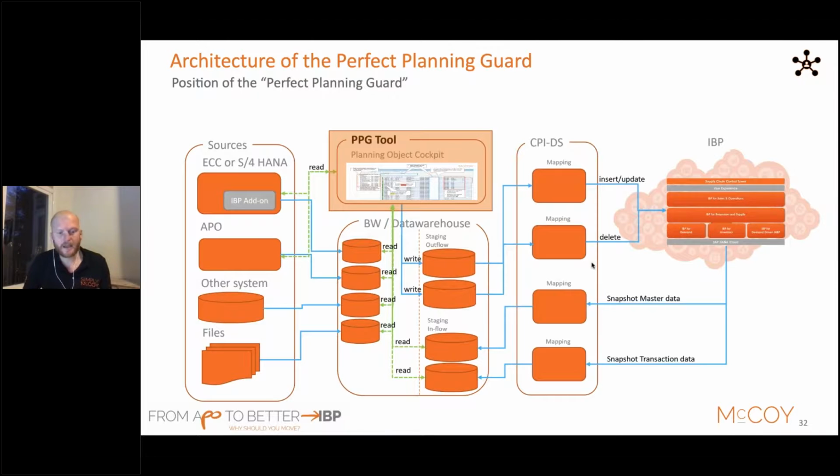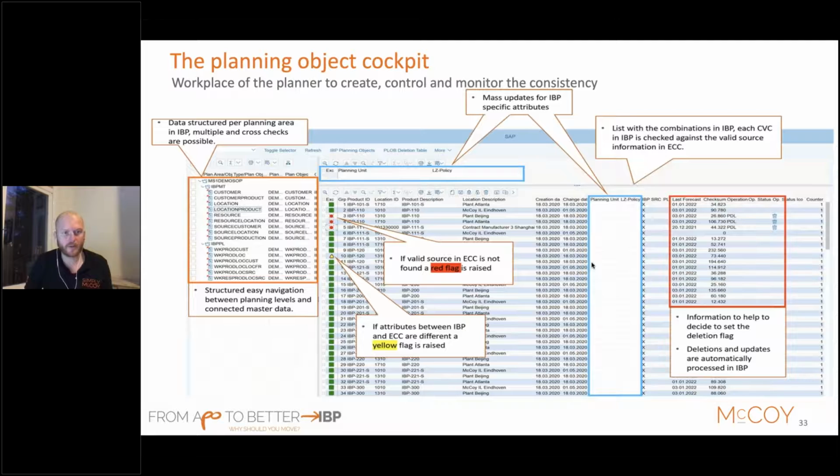So as said before, as the planner, I'm working in what we call the planning object cockpit. And here you can control on the left side all the data you have in your IBP system. There are two folders, one folder really for the master data, it could be single data, it could be combined data. And then below you have your planning level, meaning your actual information. So here the actuals, the forecast, the demand, everything will be stored. And you can even cross-compare if you have multiple planning areas with each other to, again, make sure that there's consistency even within IBP if you have two planning areas.